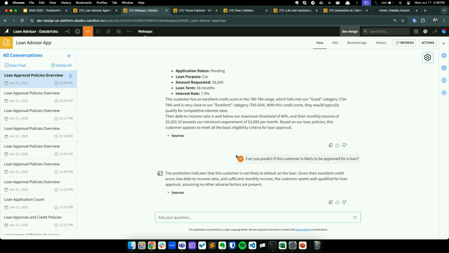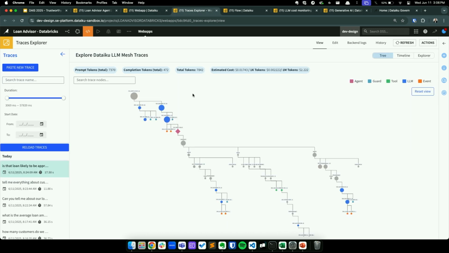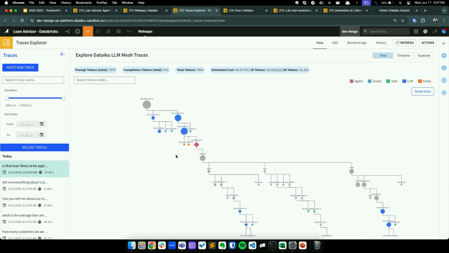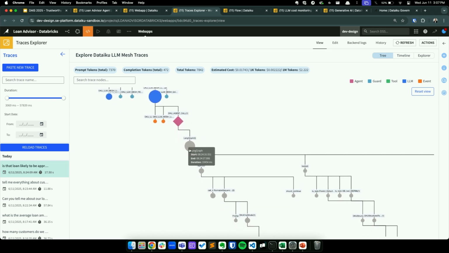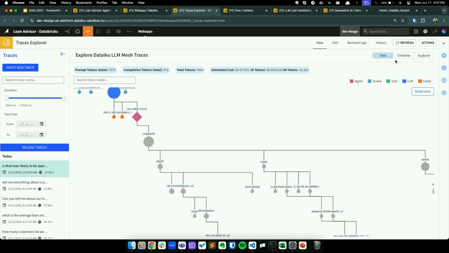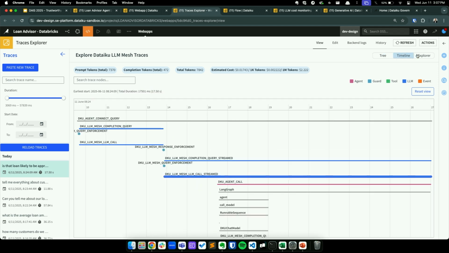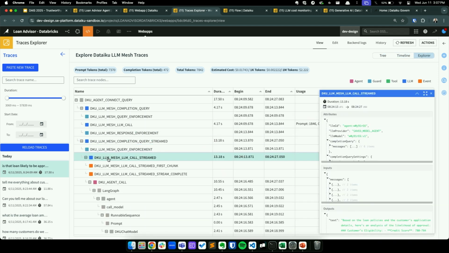But let's talk a little bit about how this agent came to its conclusion. What's going on behind the scenes? Well, in Dataiku, we have an out-of-the-box explorer that allows us to figure out exactly what's going on at each step in its process. So for that last query that we had, is that loan likely to be approved or not, we can actually go ahead and look through here and understand exactly how it came to its conclusion, which tool it called, which query it sent to the LLM, etc. If you don't like this view, we have a few other different types of views that you see here that will allow us to understand exactly what it's sent over.